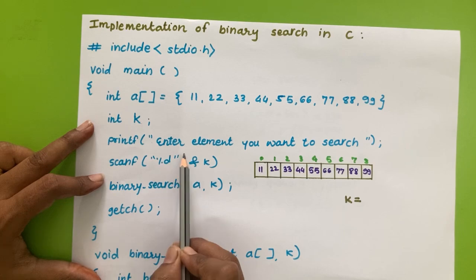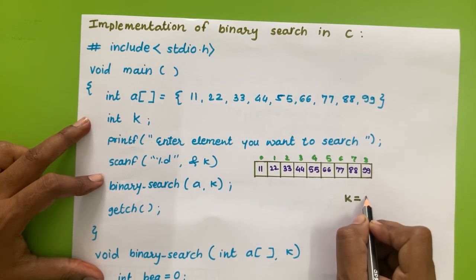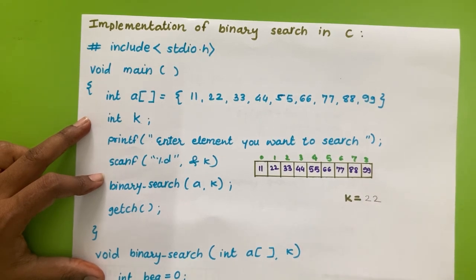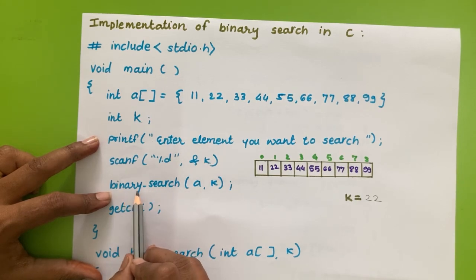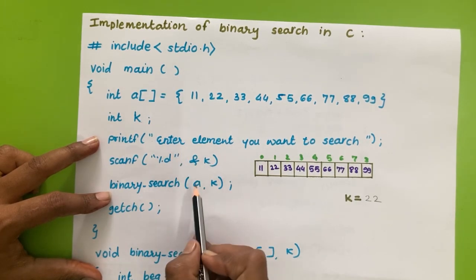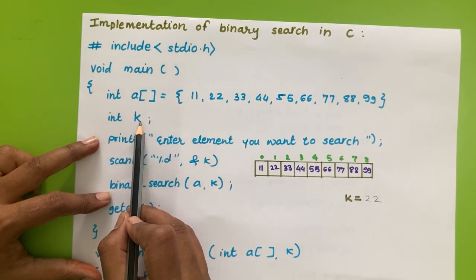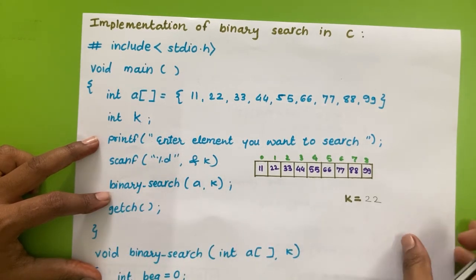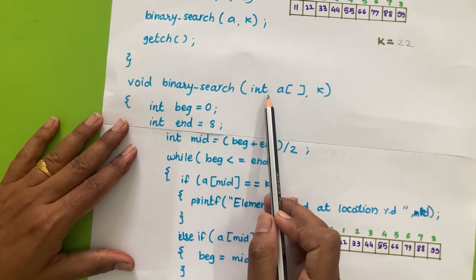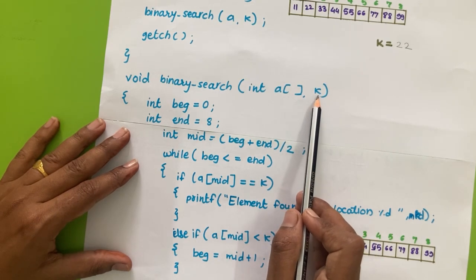Okay, so here I have accepted K from the user. Suppose the user has entered K is equal to 22. Now the next statement is a call of binary search. For this binary search I have passed array A and searching element K. So this will call the function binary search, in which the first parameter is array A and the second parameter is element